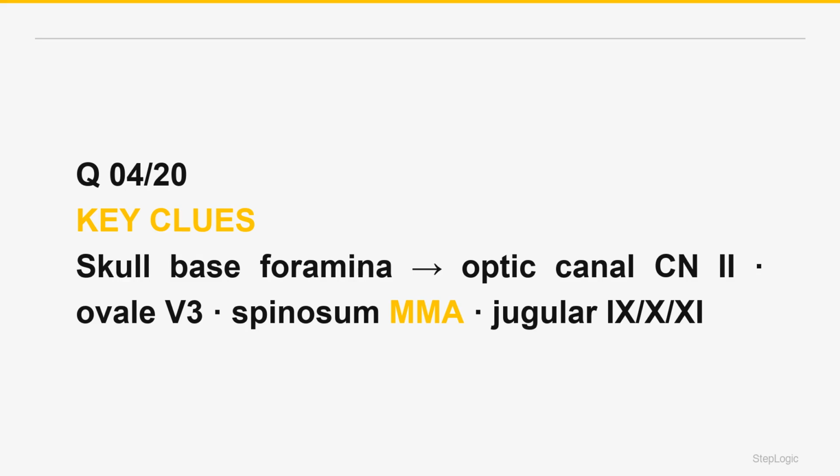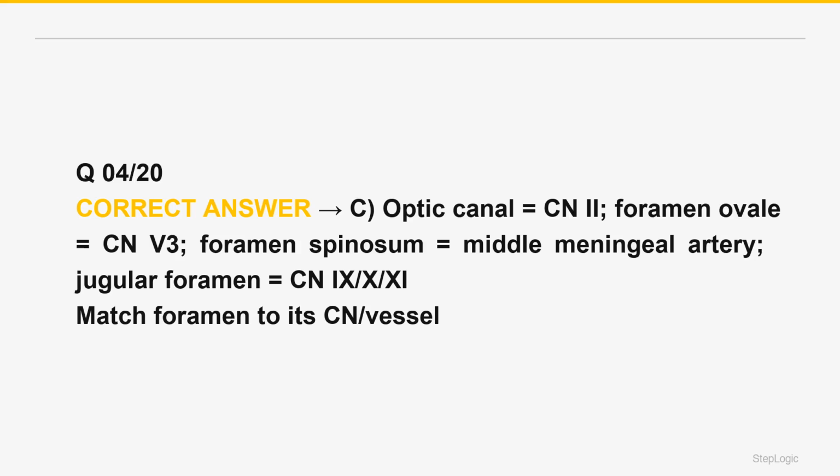The cranial base foramina transmit specific cranial nerves and vessels. The optic canal transmits the optic nerve, CN2, and the ophthalmic artery. The superior orbital fissure transmits CN3, 4, V1, and 6. Foramen rotundum transmits CN V2, maxillary. Foramen ovale transmits CN V3, mandibular. Foramen spinosum transmits the middle meningeal artery. The jugular foramen transmits CN9, 10, and 11 along with the internal jugular vein. The hypoglossal canal transmits CN12. Correct answer is